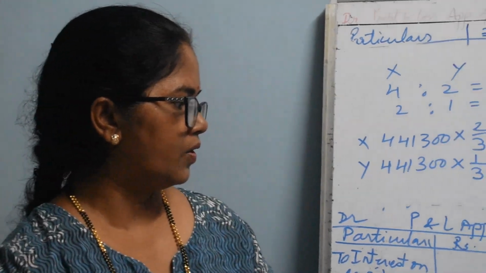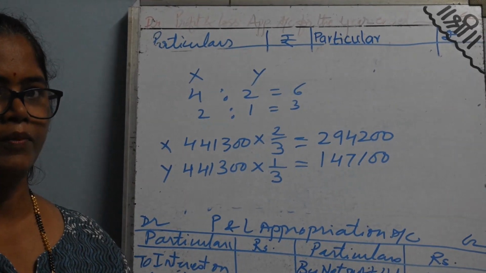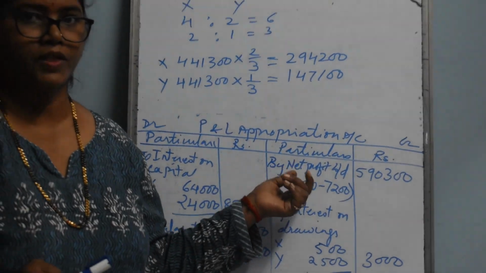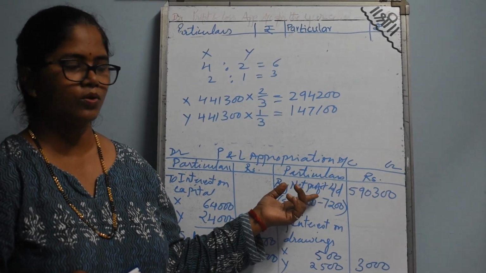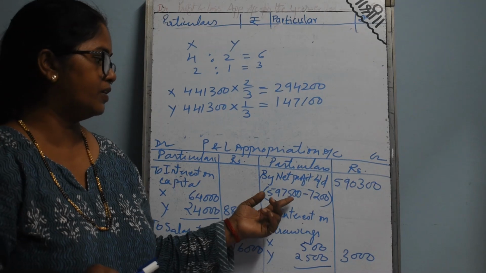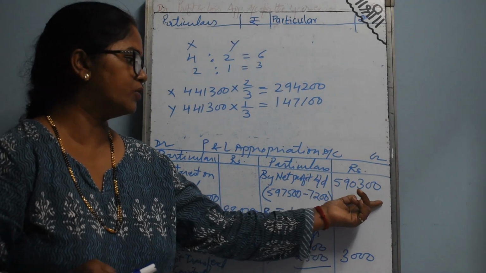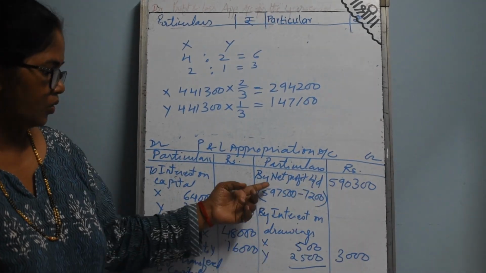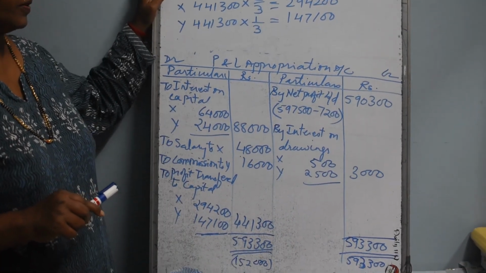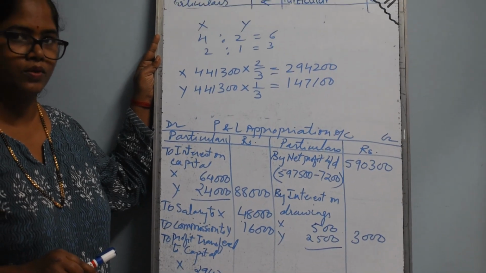And from that you have to minus interest on loan. Because I have sent a note to you all on WhatsApp that whenever there is interest on partner's loan, it should be minused from the net profit on the credit side, and the net amount should be written in the outer column. So here we are again getting the profit, and it is distributed in their profit sharing ratio 4:2. Thank you.